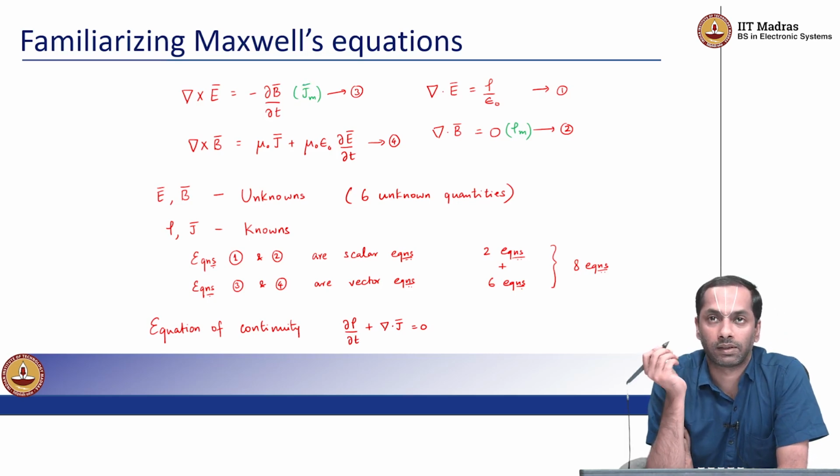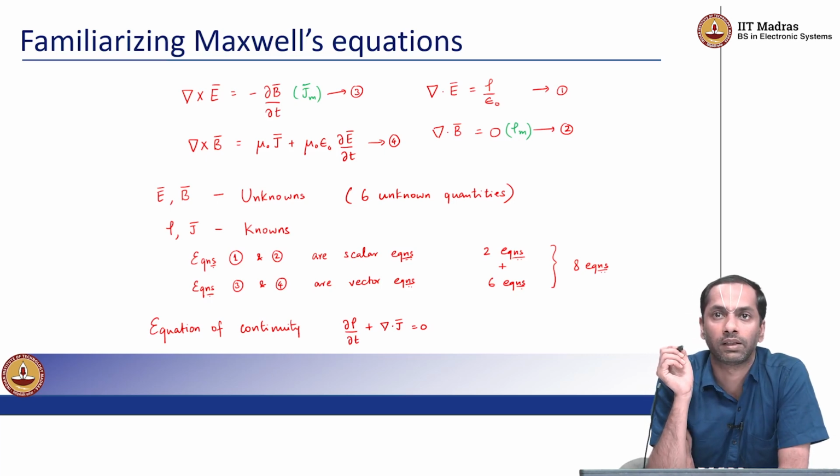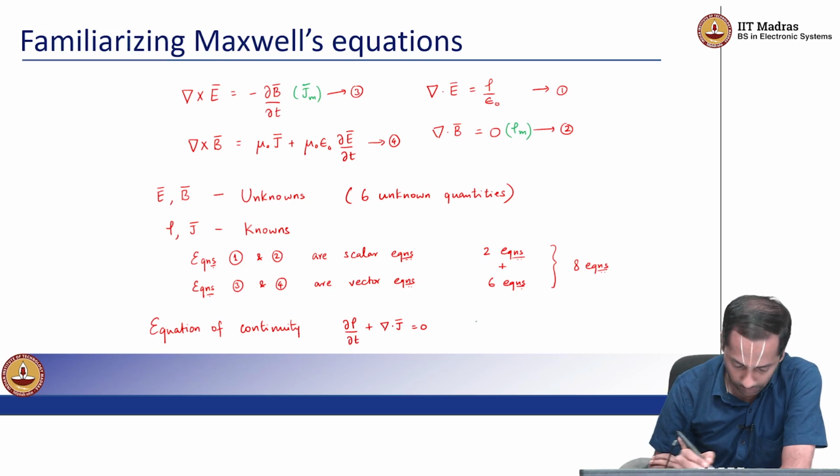Although this doesn't seem to be the case, right? In the world we live in, there are no monopoles, right? Which means that isolated magnetic charges don't exist, which means rho m and Jm are 0, right? But nevertheless, if there were terms like these, I could have written a continuity equation for them as well, right? But in our case, this just amounts to